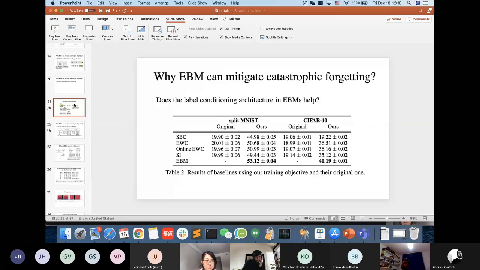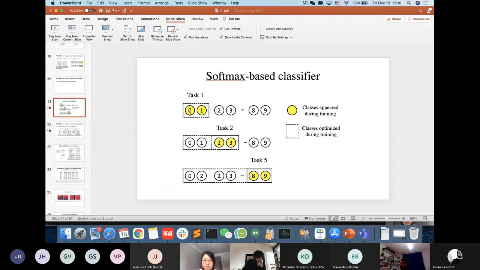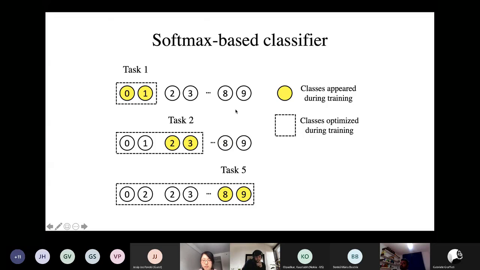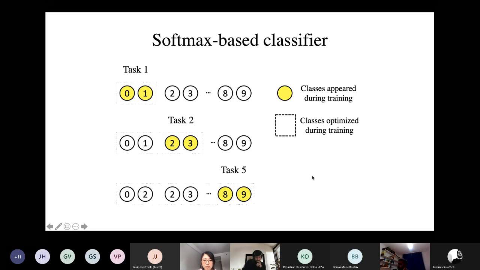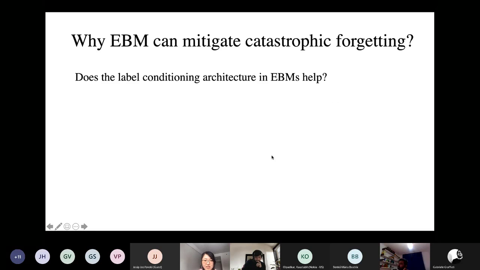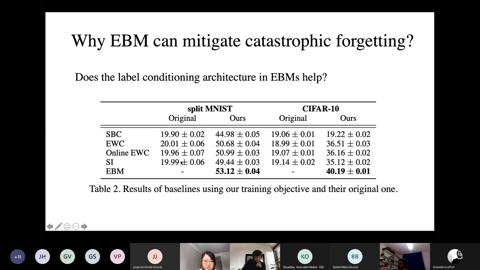Oh yeah, you mean using our label selection method? This is one experiment we did here. In the original traditional baseline models, they do the normalization over all the classes, right? But now we only do the normalization over classes in the current batch or current task. And this is the performance of using their original normalization method, and this is using our new method. We can see there's a big improvement here.